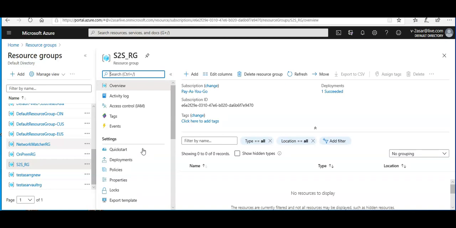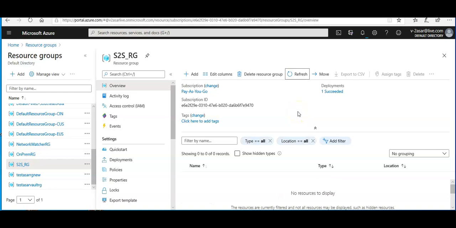So this virtual network gateway and the gateway subnet will help me enable to create a connection between my on-prem and Azure virtual network. So I am onto my S2SRG resource group,